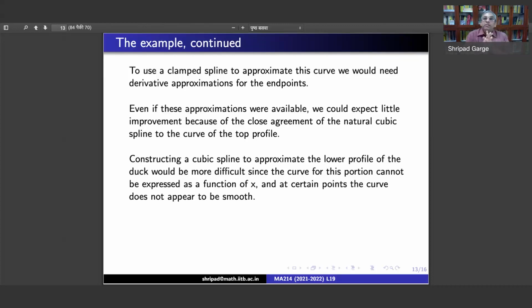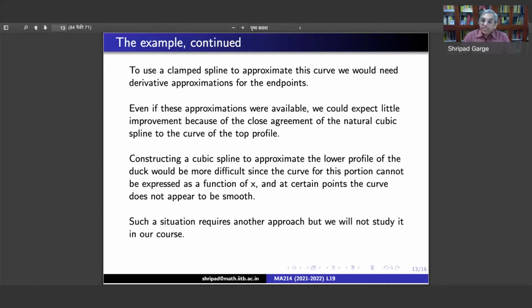You may ask whether we cannot attack such a kind of problem, whether we cannot deal with these kinds of problems at all. No, that's not true. In mathematics, there is an answer for everything, and if there are no answers, then the questions are more interesting. So there is a way to tackle such a situation. There is a different approach which we will need, but it will not be dealt with in our course. There are something called Bezier curves which are going to be needed, and of course when you have more function values, then you are going to break your curves into subsets,